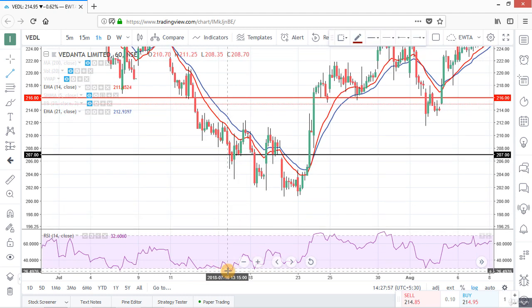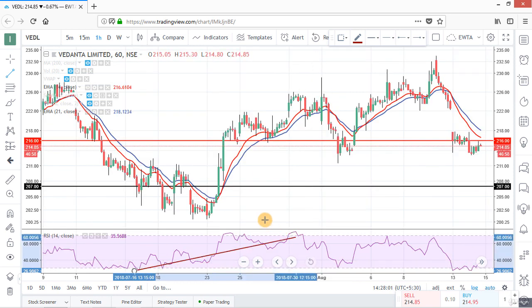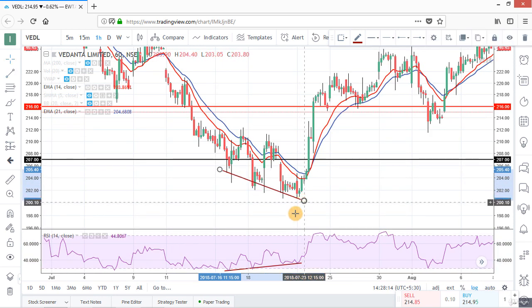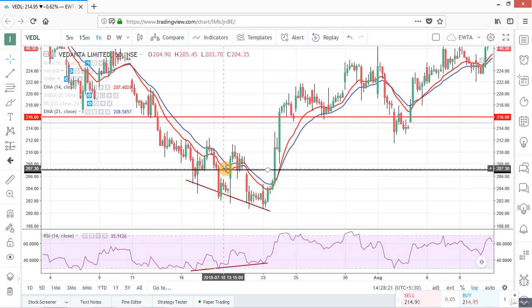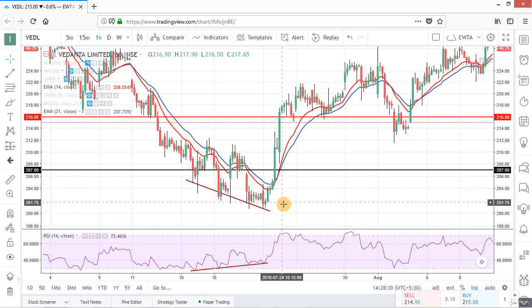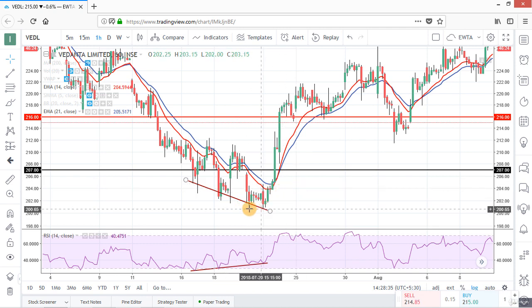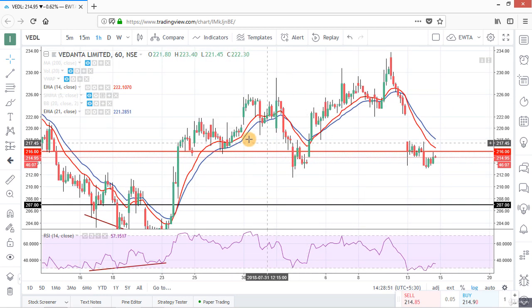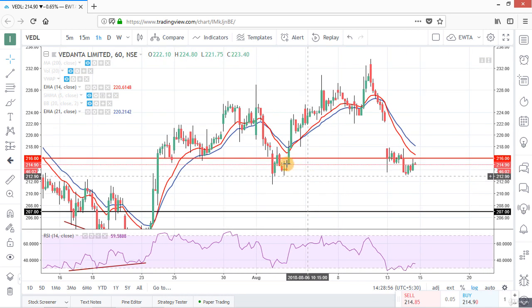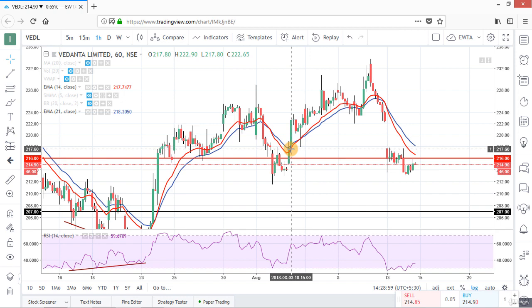Now on RSI we see a positive divergence because the stock is making a downfall but RSI is going in an upward direction. So when this green candle crosses above this black line and also moving averages are giving us a buying signal, we can make our long position by employing a stop loss slightly below this level, at the low of this candle, and at this point we are getting an exit signal. Prices are again making support on this line and this is a green candle crossing above the support line in upside. Here we are getting a buying signal.